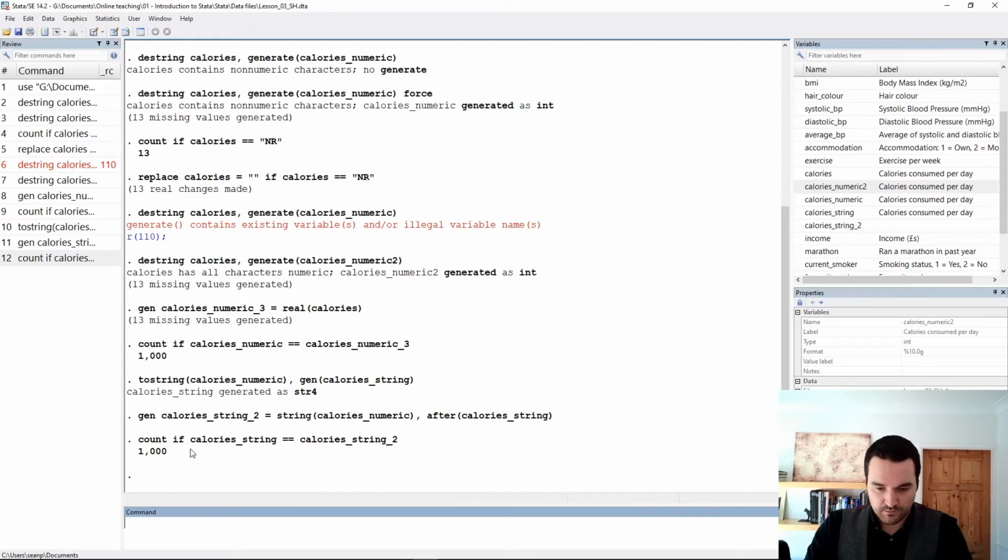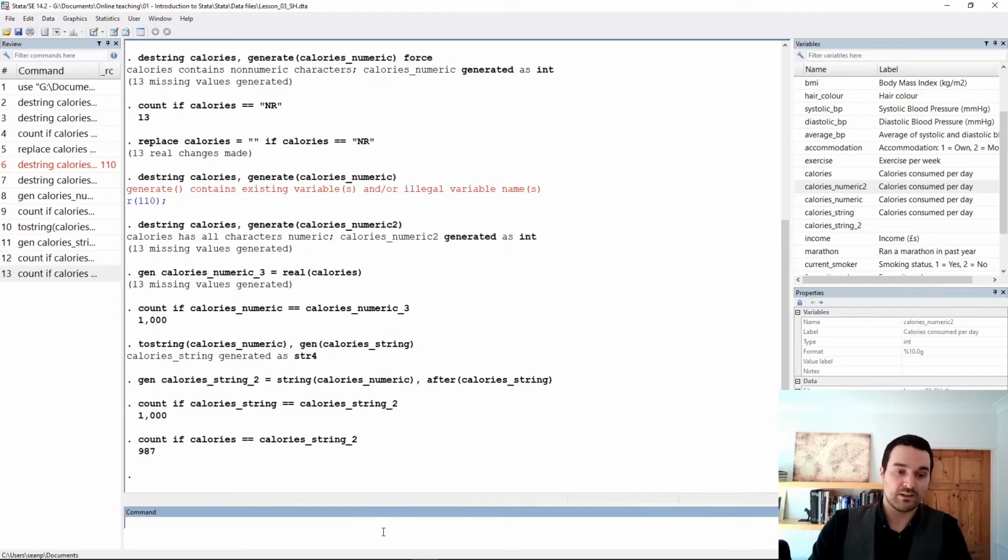So we can also check whether the variables that we've converted into a numeric variable and then back into a string variable are identical to the original calories variable. And that's easy enough to do. Just delete the word string there. So count if the original calories variable is identical to the variable that we've converted to a number and then back from a number into a string, and it's 987 rather than 1,000